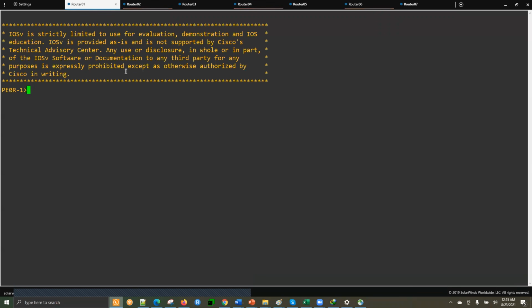So we are here in R1, and for R1, first of all, we need to do the VRF creation. So here I can go and create, say, customer number 2. Then we'll go and give the RD. So last time we have given